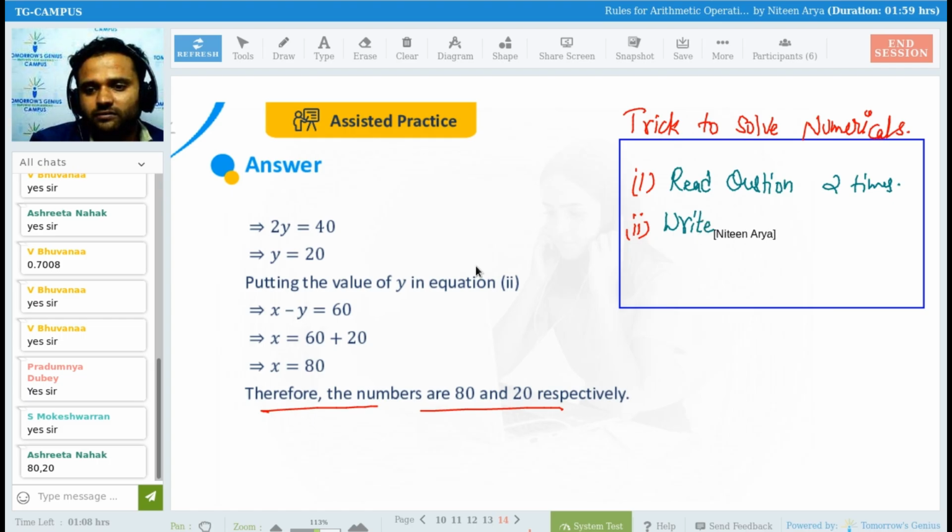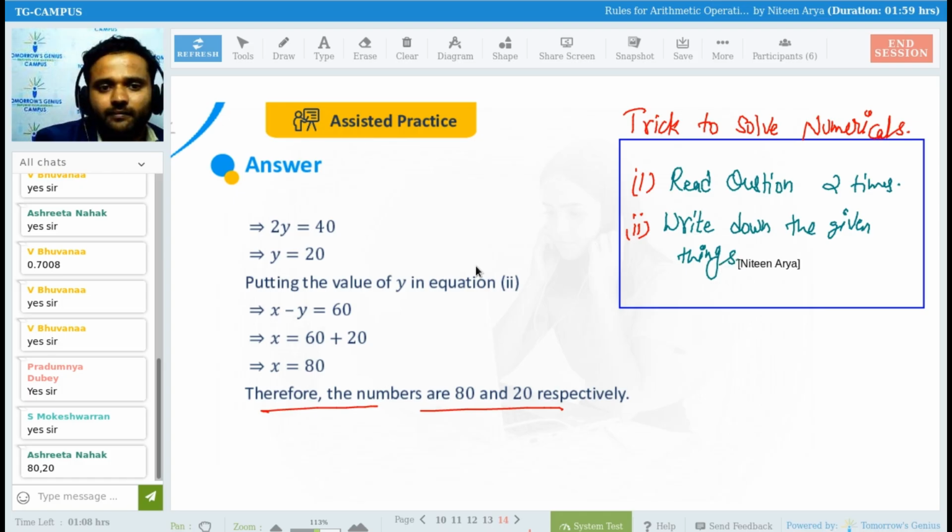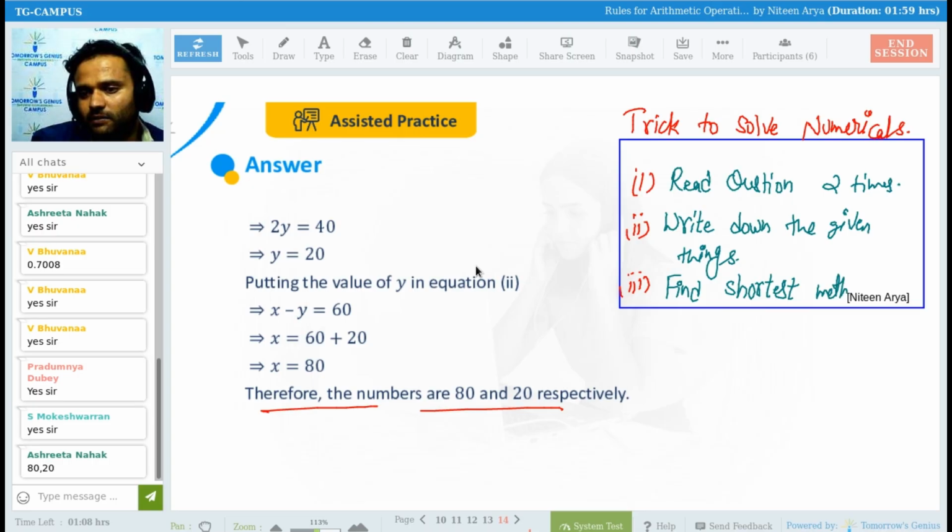write down the given things. And the third very basic step, find the shortest method to do that. Find the shortest method. Simple. Because obviously, to solve a numerical